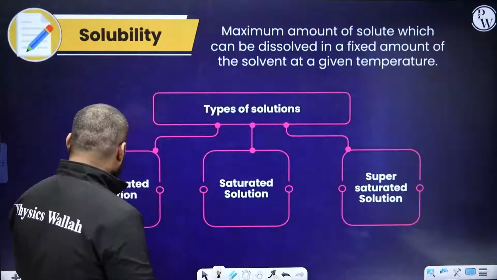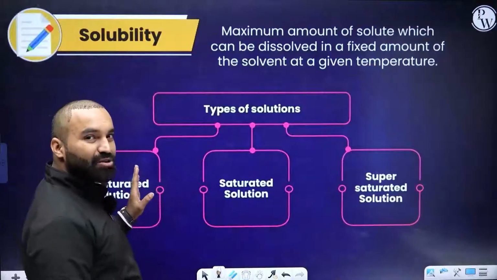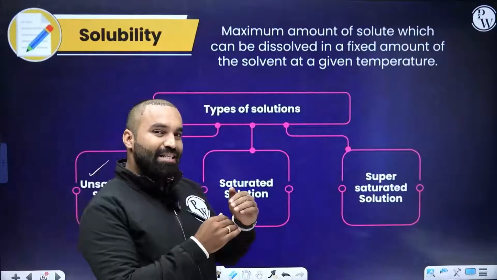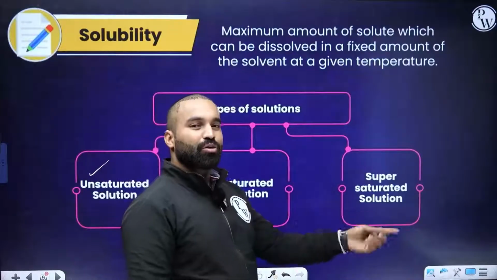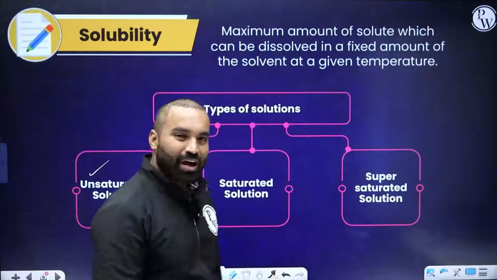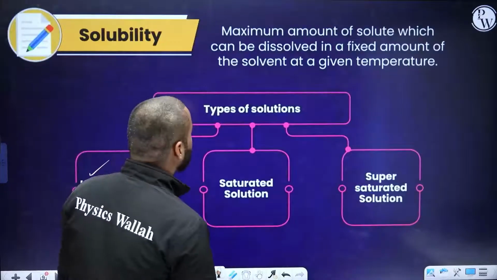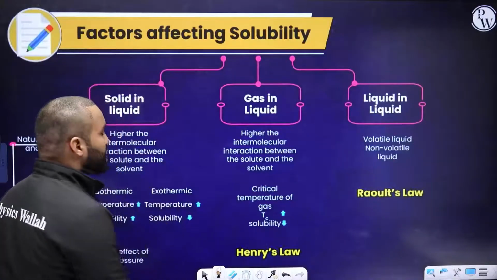Now if you dissolve less of the substance than its solubility, then it becomes an unsaturated solution. If you are just matching the solubility concentration, then it becomes saturated. And if you are forcing it to dissolve more and more, it becomes a supersaturated solution. Understood? Okay, now we need to see what kind of factors